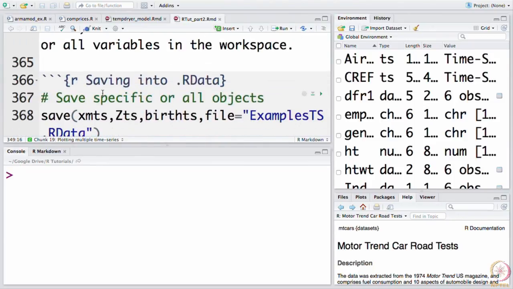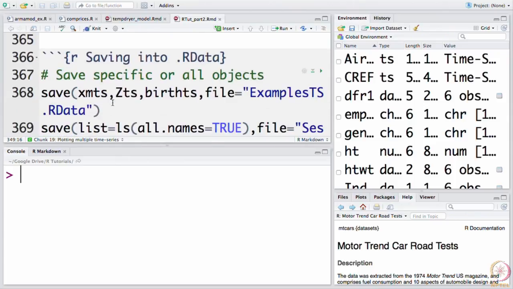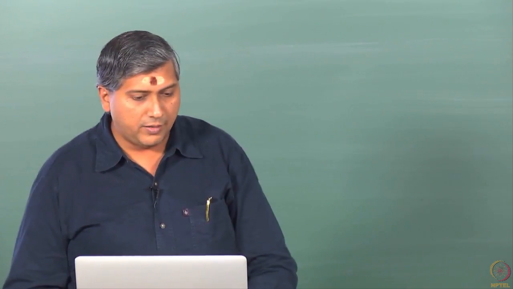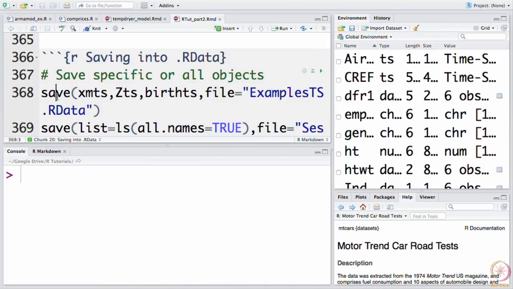The command to save the variables in an .rdata file is the save command, and once again I strongly recommend that you bring up the help on save and read through before you rush into using this command. Many times we want to save only a few variables in the workspace, because those are the important ones, in which case the syntax is, of course, save open parenthesis, followed by a list of the objects that you want to save.